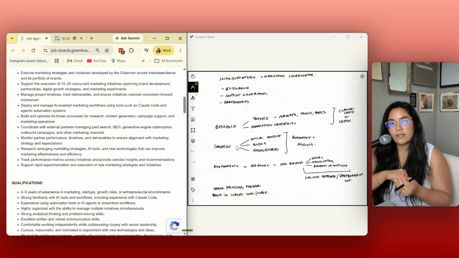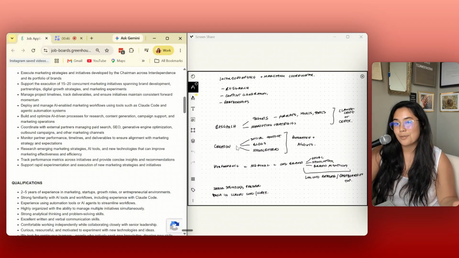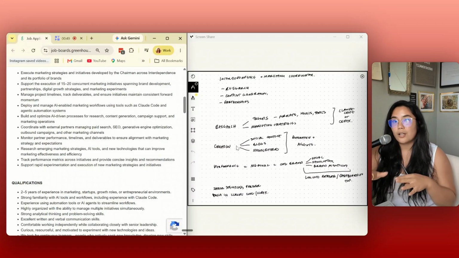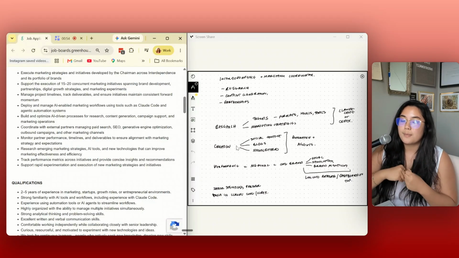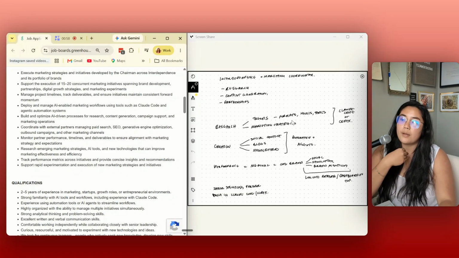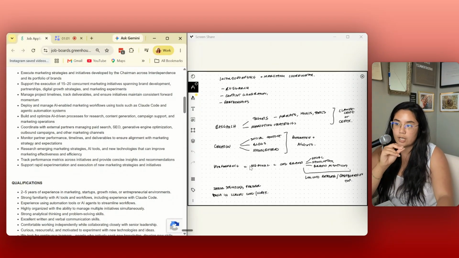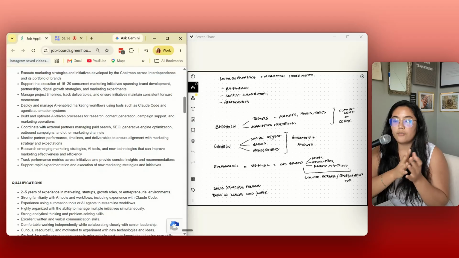But also a lot of it comes down to skill sets like leveraging Cloud Code, leveraging automation tools, all the things. And the good thing is that I'm a Zapier Solutions partner, and I also build in Cloud Code as well as Codex, and I'm pretty technically up to speed with a lot of platforms these days. So when I was thinking about some of the things that we can build across research, creation, and just generally tracking performance as we are building these things, I came up with a few ideas.